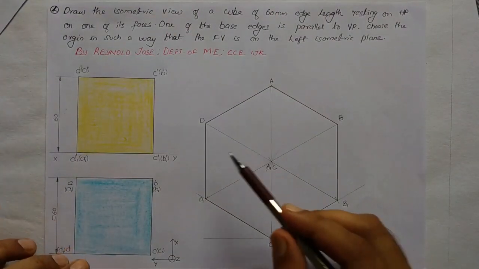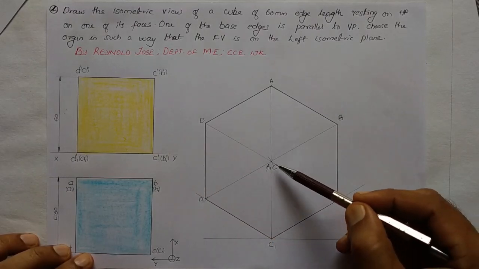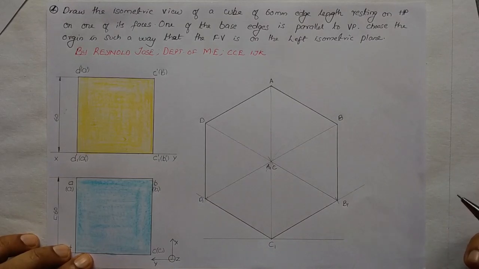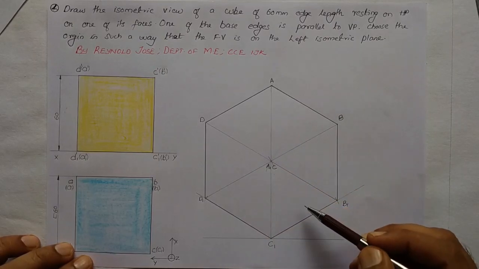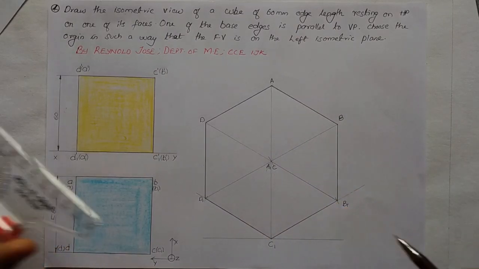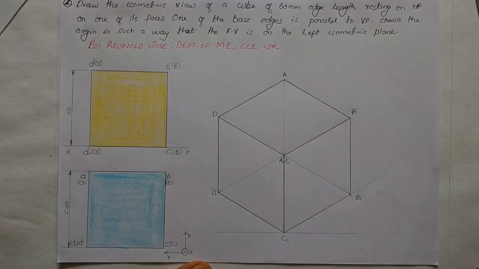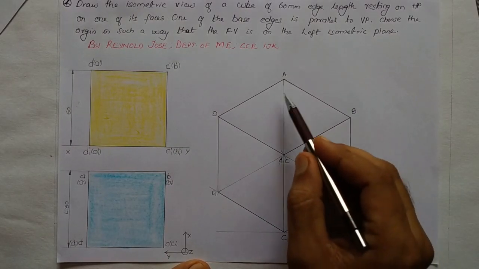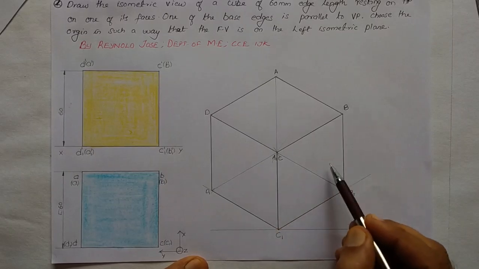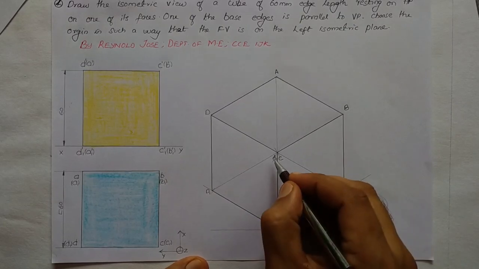So in this case, in addition to the outline, D, C, CB and C1 will be also visible because they are a part of either the top isometric plane or the left isometric plane or the right isometric plane. We shall draw it using thick lines. Now we shall find out the invisible point here. If you notice, A1 is not a part of the top, left or right isometric plane. A1 is a part of the base plane. So A1 is invisible here. So we shall write it in brackets.